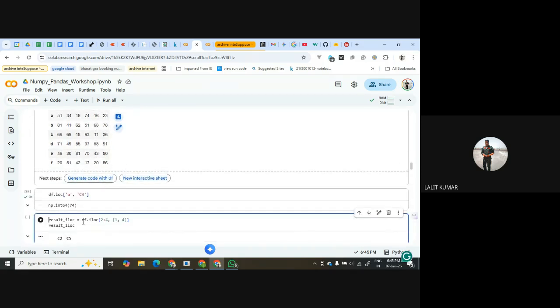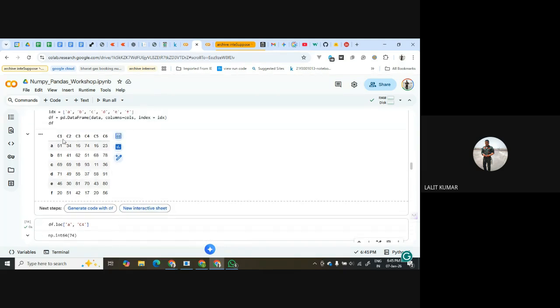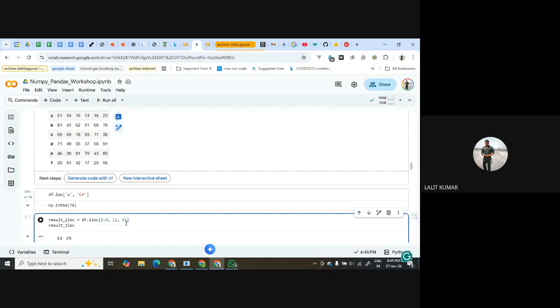Now when I use iloc, I can use 2 to 4. 2 to 4 means from the second row and third row, and columns 1 and 4. So the first column is C1. Not second row, third row? 1 and 4, oh, that is the second, and this will be the fifth column.